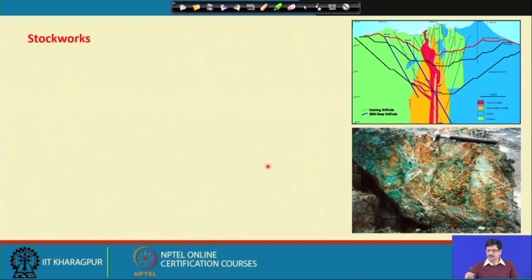This is an example like this we will be taking up sometime later, but before that, this is a typical porphyry type copper deposit, and in this kind of situation we find that the mineralization takes place in a large volume of the granite, and it is associated with lots of dense fracturing by a mechanism of hydrofracturing: the pressure that is exerted by the fluid which accumulates and exceeds the yield strength of the rock, in which case it kind of